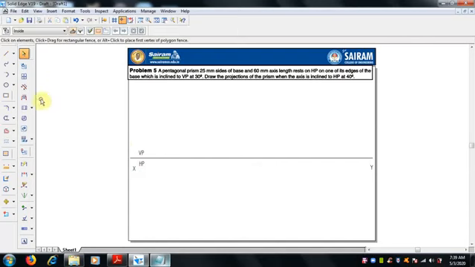After that we have to draw the pentagonal prism, 25 mm side, resting on HP on one of its edges.